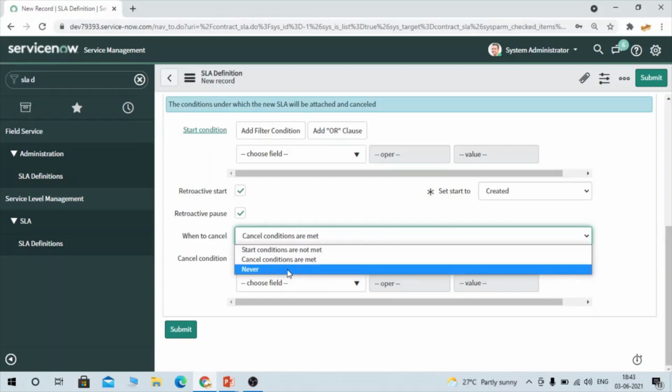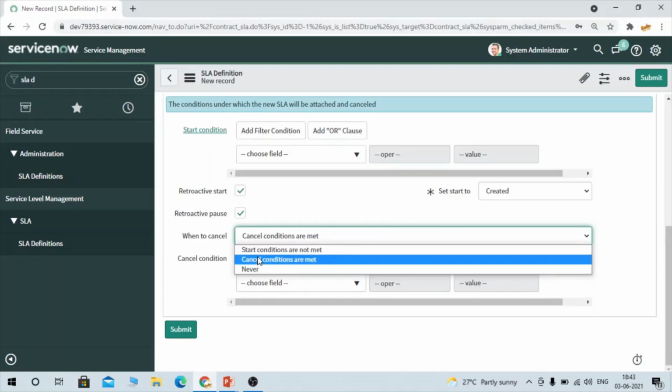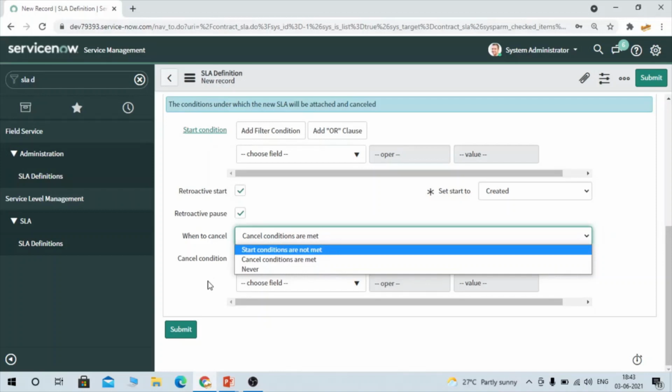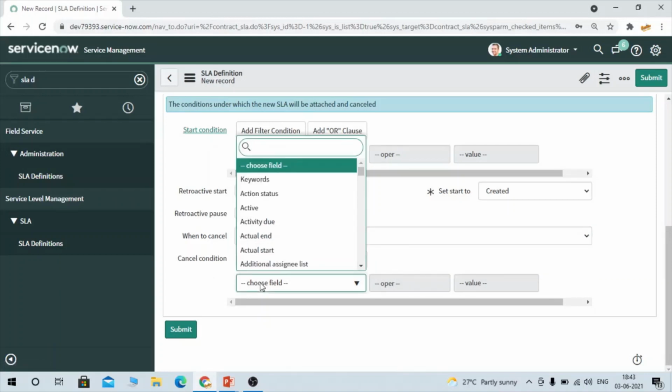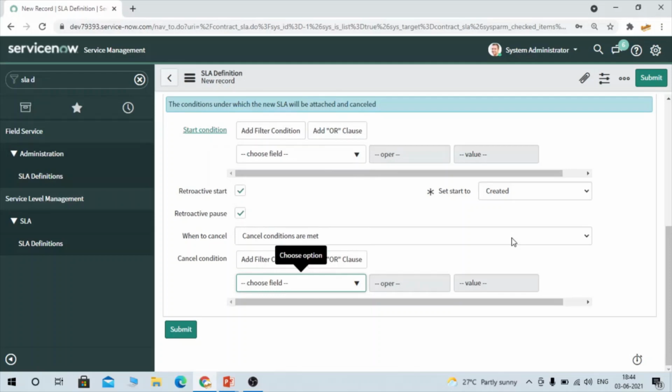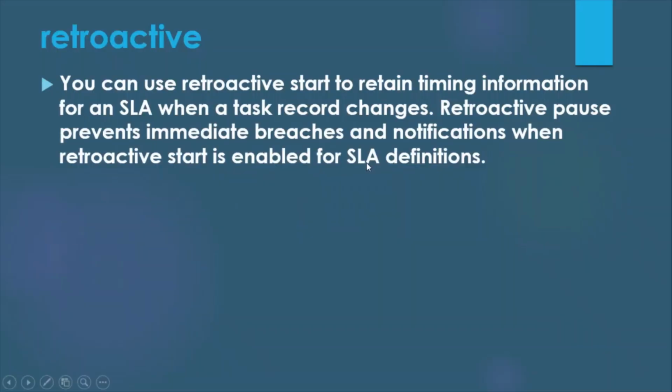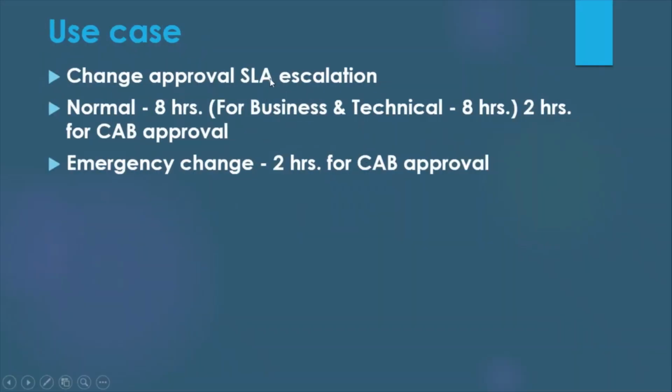If you want to select some other choice, you can select it from here. And here you have the option to define cancel condition as well. If you want to define that, you can define that.